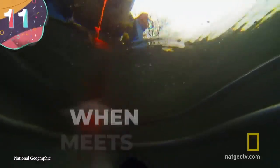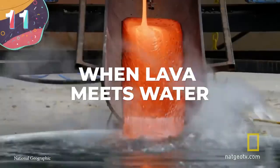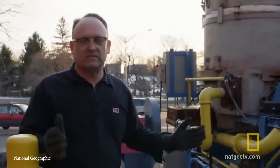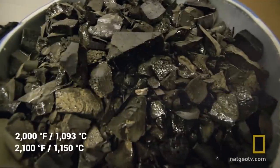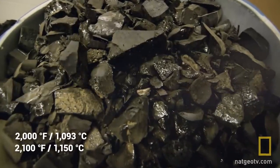Number 11. When lava meets water. In this video from National Geographic, 2 gentlemen only referred to as Jeff and Robert use a lava oven to find out what happens to liquid rock when it collides with liquid water. They start off by taking 800 pounds of rock and heating it to between 2,000 and 2,100 degrees Fahrenheit, which makes it approximately the same